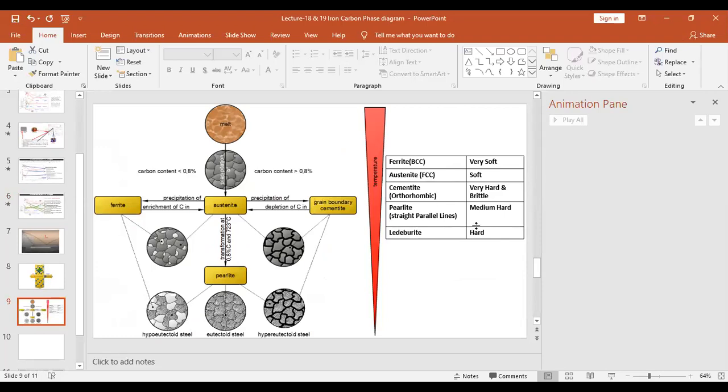Are you understood? It is harder than the pearlite structure. What does the pearlite structure look like? It looks like a brain structure, the outer layer of the brain structure, not the inner layer. Are you understood? Outer layer. If you see the top view or front view or side view, whatever it may be, it looks like randomized parallel lines.